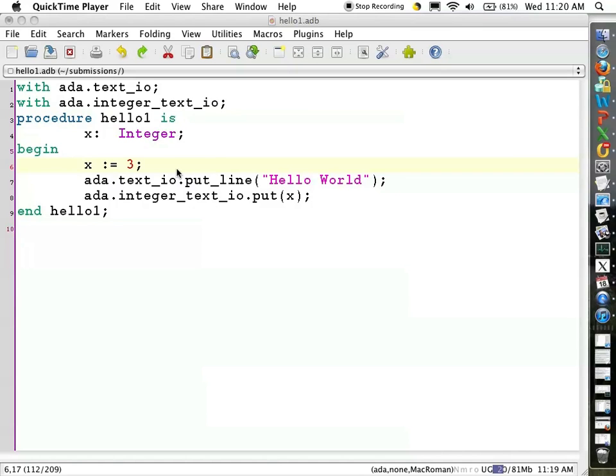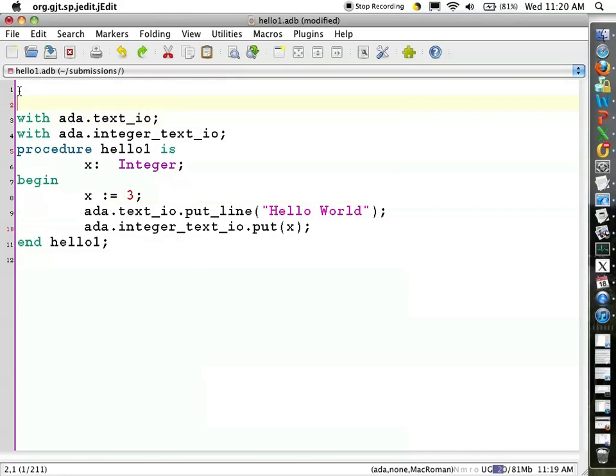Second lecture for ITEC 320. This is going to introduce you to the basics of Ada programming, and as you can see, this is our Hello World in Ada. This is a little different than Java, because in Java you would have something like class